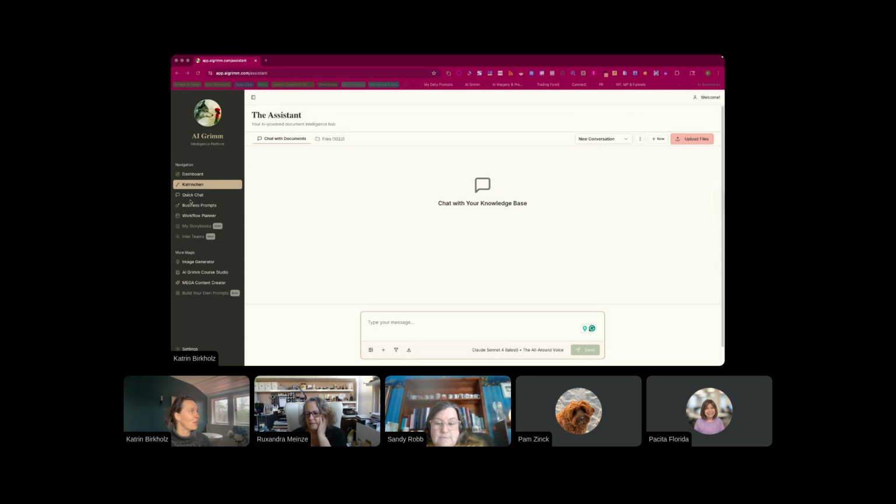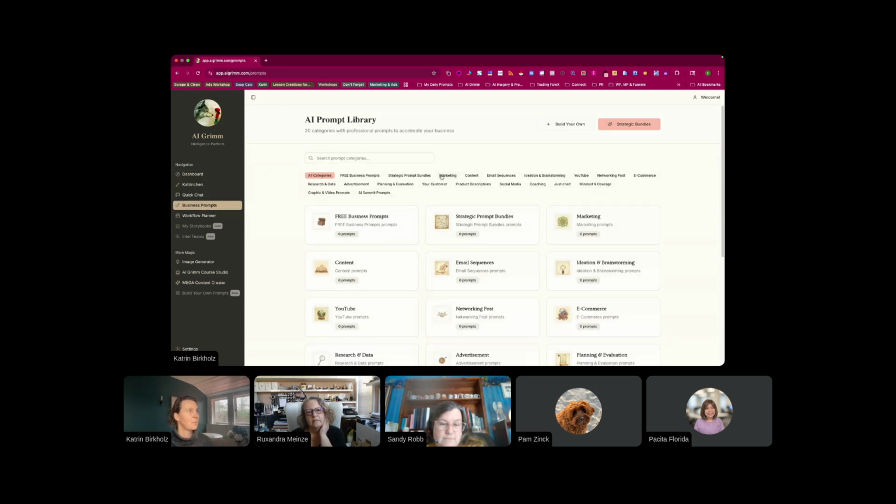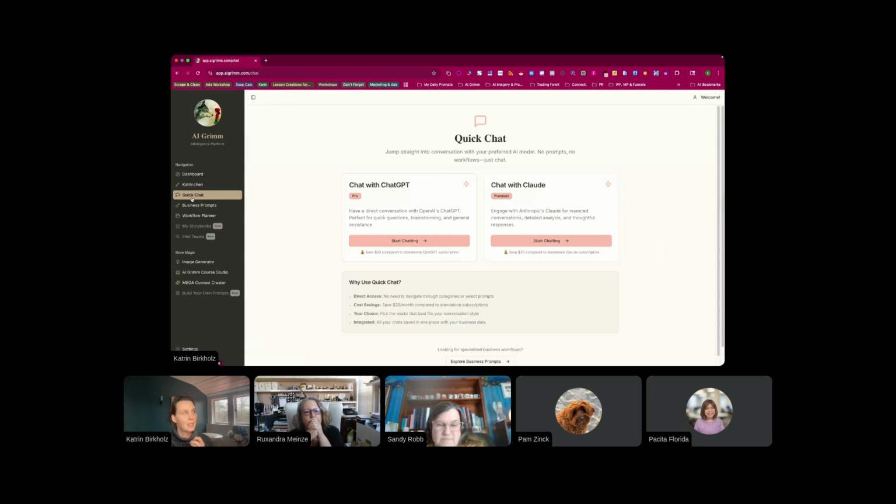All right, so let's move on to quick chat. I don't know if you saw this one before, but it was pretty much hidden in all of the business prompts. There was a quick chat area hidden inside here. I took those two out. Basically, what these two do is pretty much the same as what you get with ChatGPT or Claude. Normally a pro subscription to either one of them is $20 each, so it's $40, but you can now